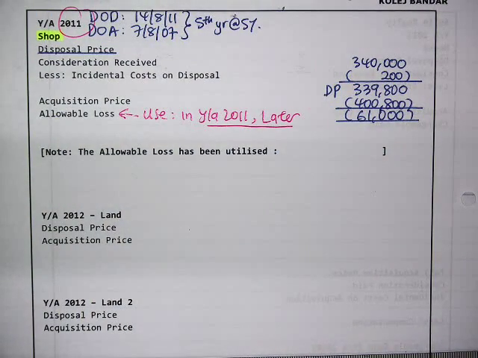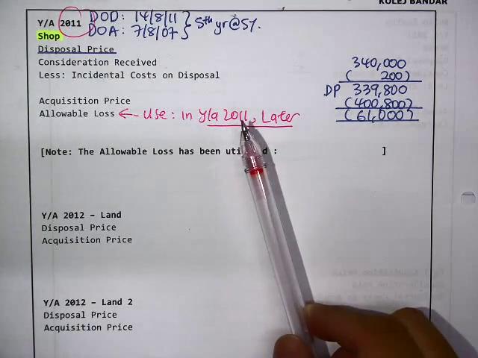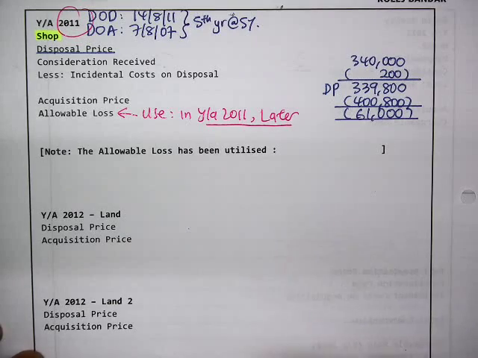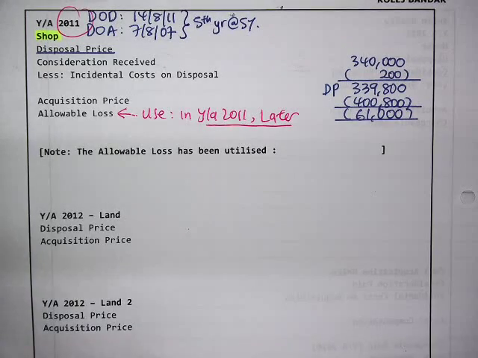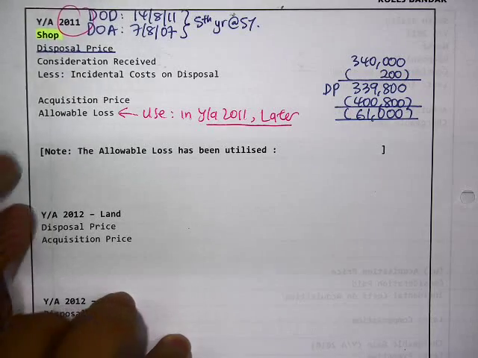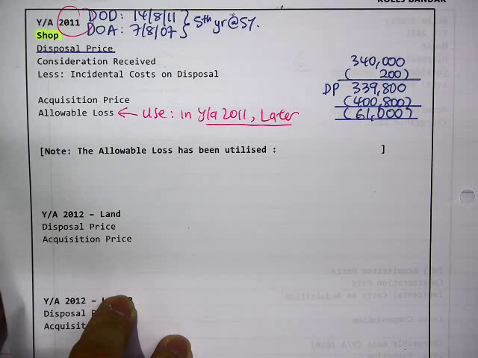Now for this shop, Sulin is disposing it at a price of 340,000. And for that disposal, Sulin incurred 200 ringgit on advertisement to find a buyer. So there will be 339,800. That's your disposal price. And you notice they tell you the acquisition price is 400,800. Now immediately you will see there's an allowable loss of